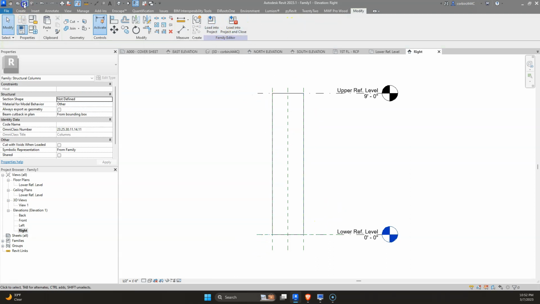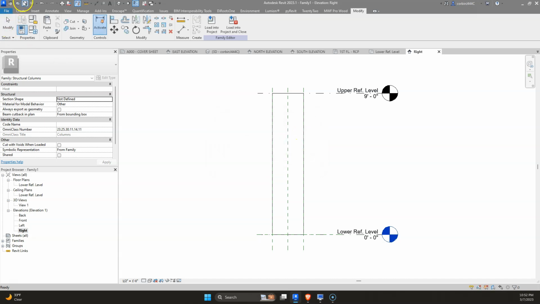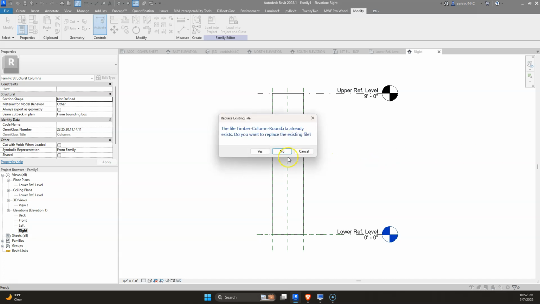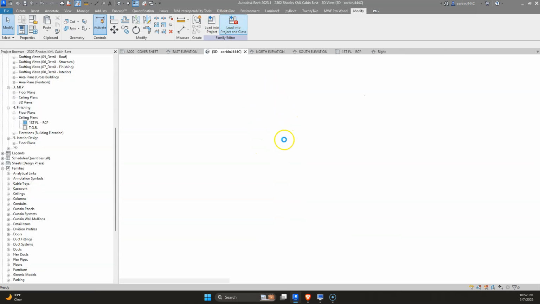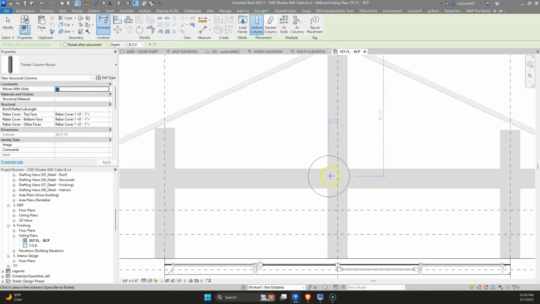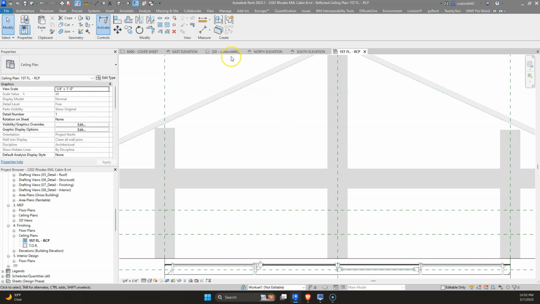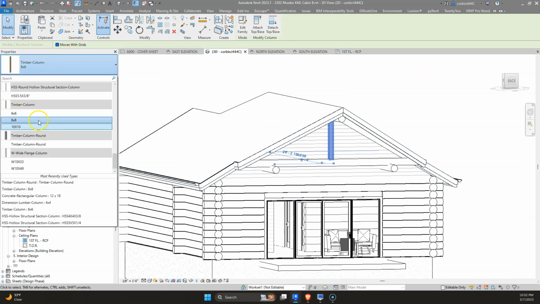Let's go to Save, and let's save this over top of the one we were just creating. Timber, no, that's not it. Timber column round. Let's load this into project. What I often do is I'll create the sizes in here as I need them, and then once I'm done, I will edit them and just bring them back in. So let's change this to be our timber column round,